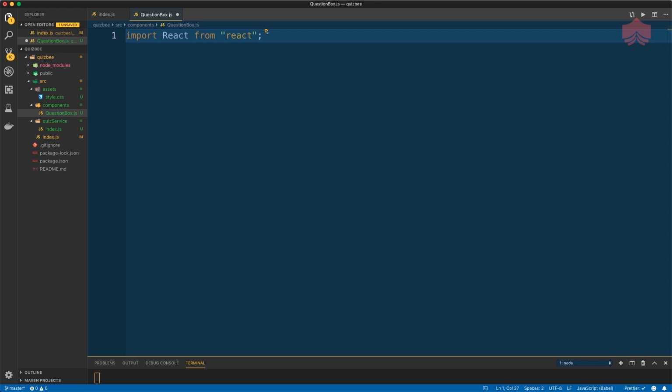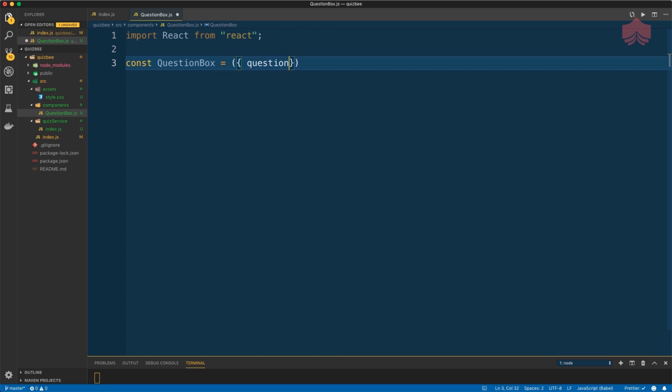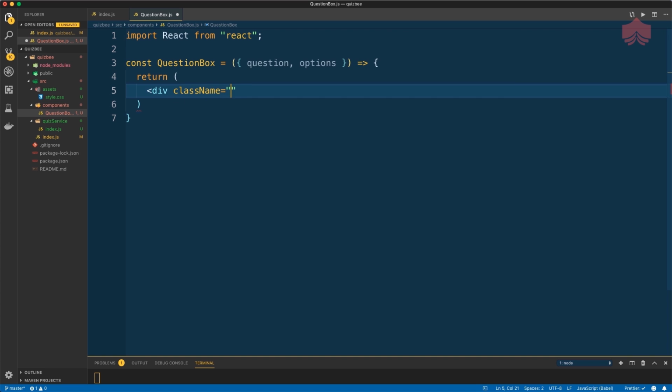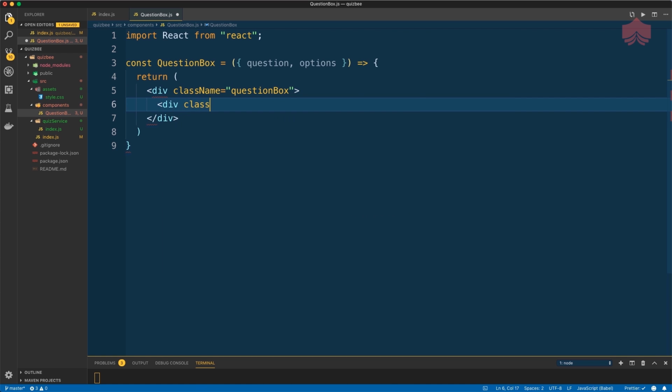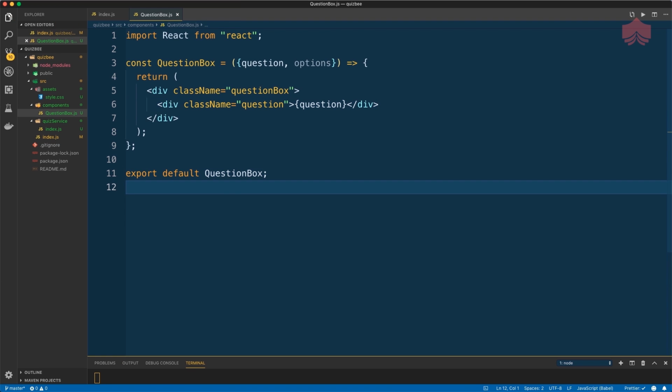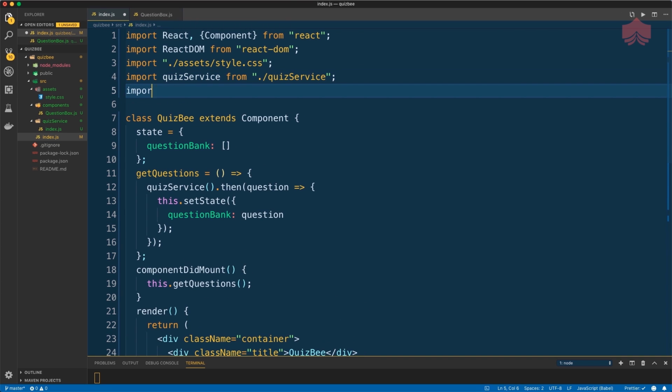This component is also the perfect opportunity to demonstrate function components. Unlike the QuizBee component, I won't create a class in this case. Instead, we'll simply create a regular JavaScript function named QuestionBox, which brings in props using a single argument. Instead of the argument, however, we'll destructure directly to extract the question and options. Then, we'll simply return a JSX template like so. For now, I'll render the question text like so. And let's not forget to export our function component. Now, in our root component file, we'll import the component first.